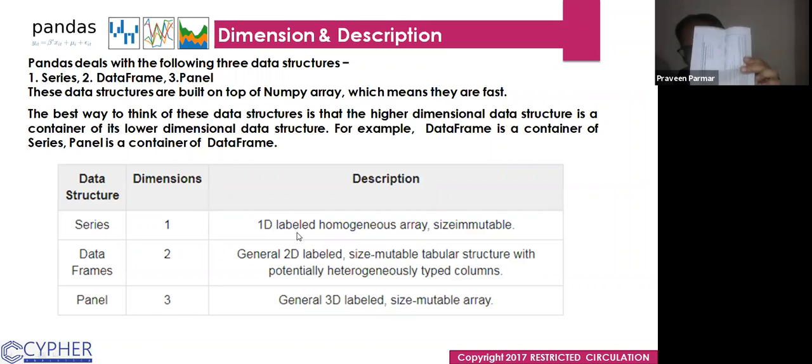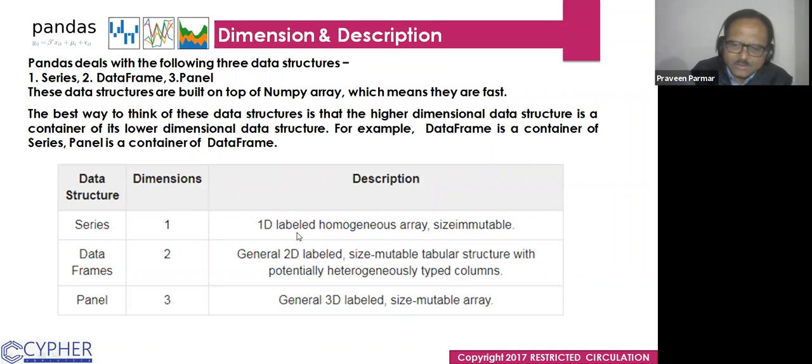And this is my panel, three dimension. So there is one data frame. This is my first data frame. Then behind that another data frame. Then another data frame. Then another data frame. Got it?